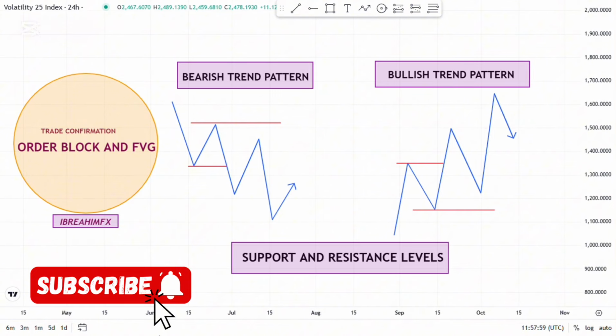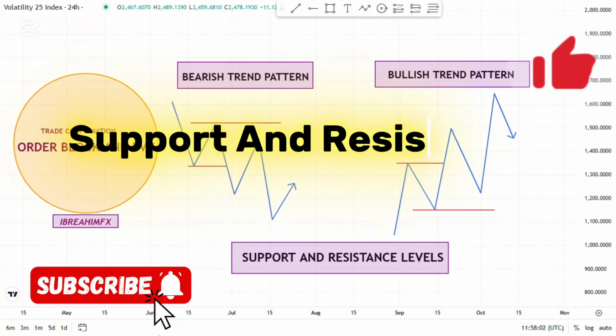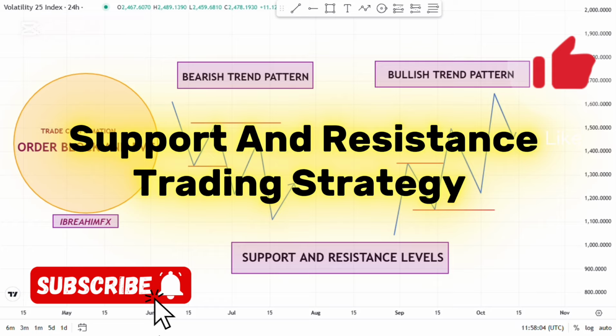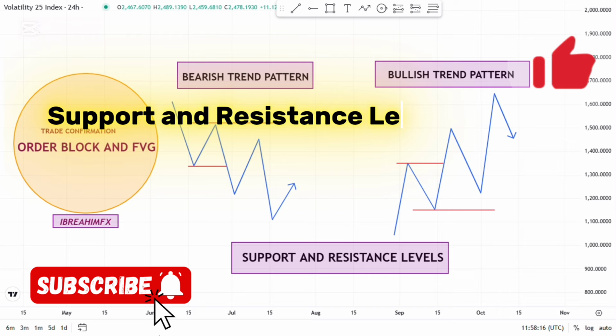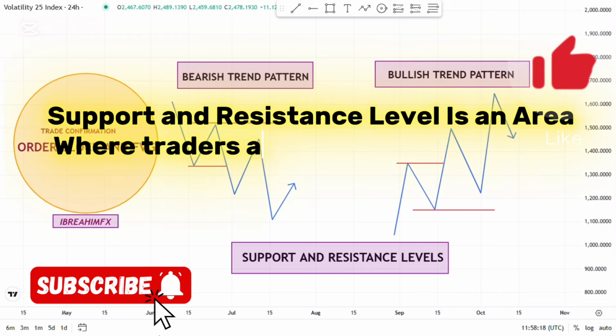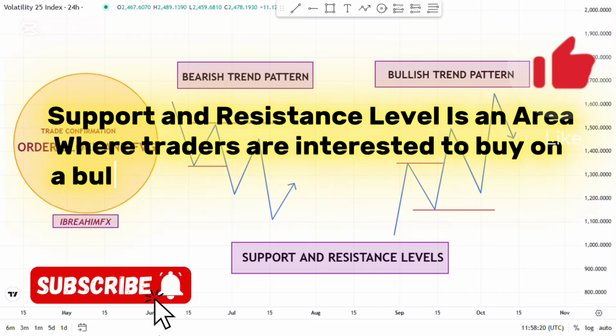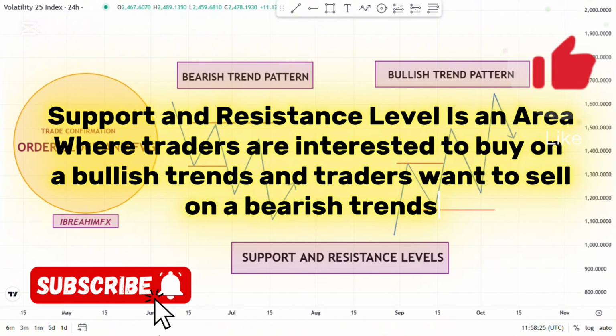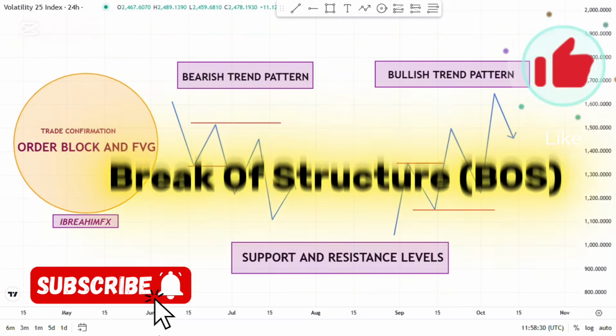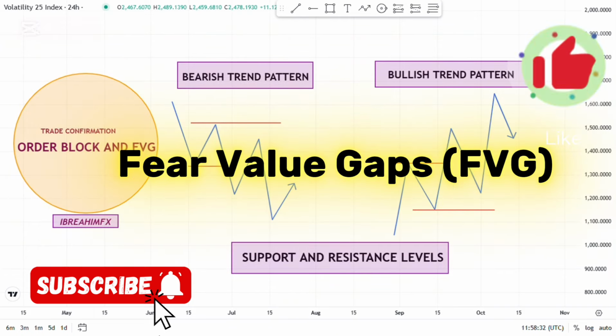In this video, I will cover the basic to advanced of support and resistance trading strategy, on how to identify major support and resistance levels for high profitable wins. Support and resistance level is an area where buyers and sellers are interested to buy on a bullish trend, while sellers want to sell on a bearish trend. So I'm going to cover this strategy with trading confirmation, which is break of structure, fair value gap, and